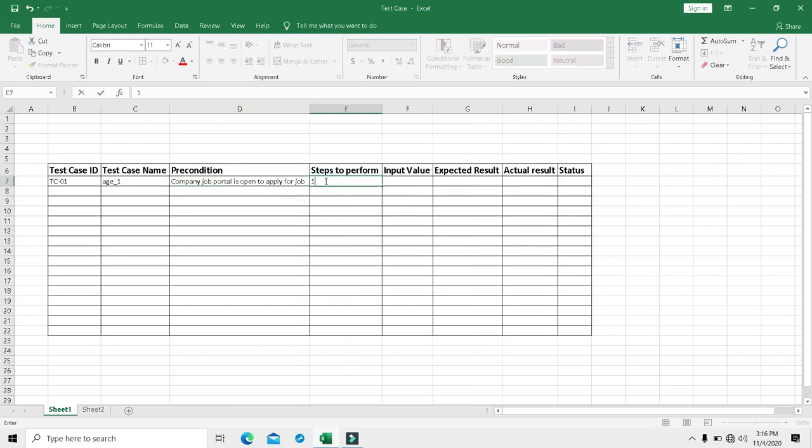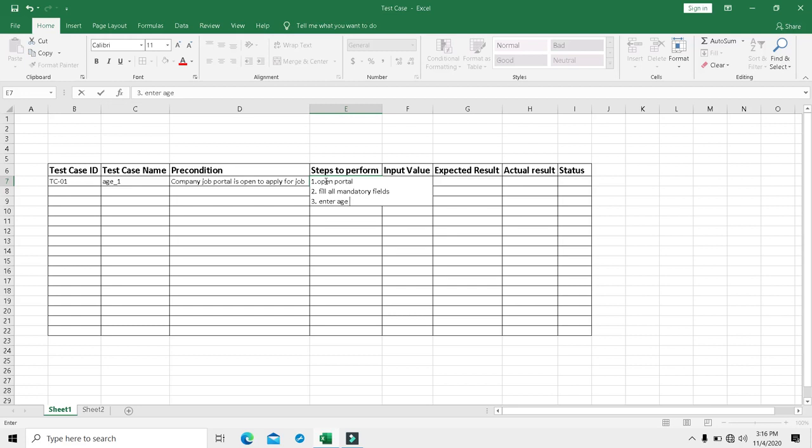So the steps that the particular candidate is going to perform are: first, open the job portal; then he is going to fill all mandatory fields; third, enter age.